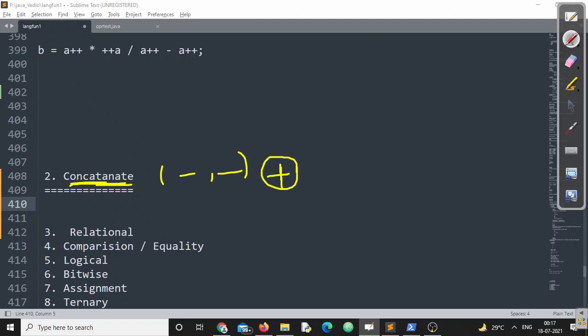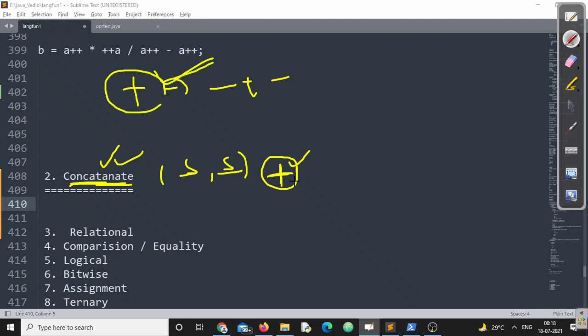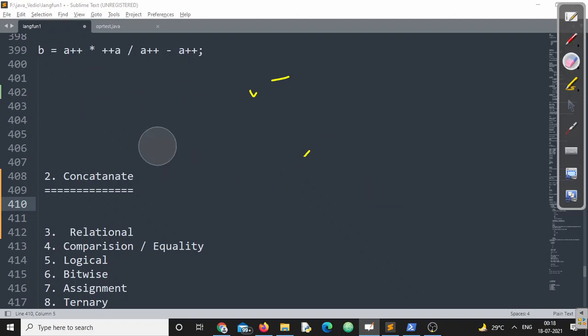Whenever I say the symbol is a plus sign, you might immediately ask me a question. Sir, can you please explain? While explaining arithmetic addition binary operators, you said this operator is there to add two numbers. Now you are saying this is a concatenate operator which will combine or join two strings together, right? Can you please confirm whether this plus is an addition operator or a concatenation operator? Which one is true and which one is false?